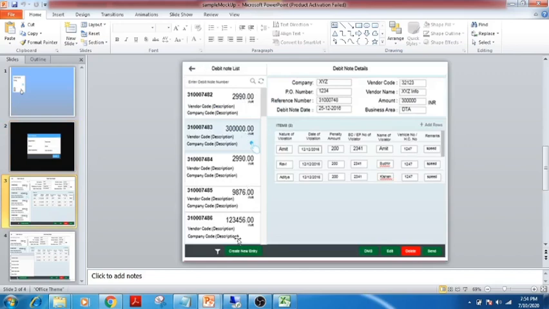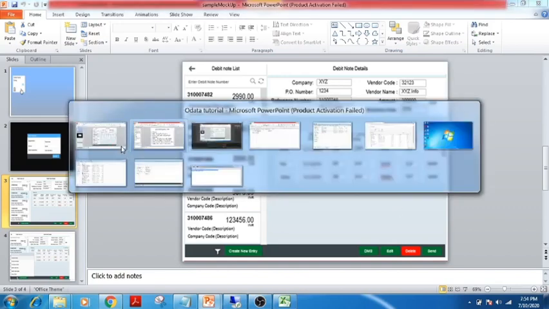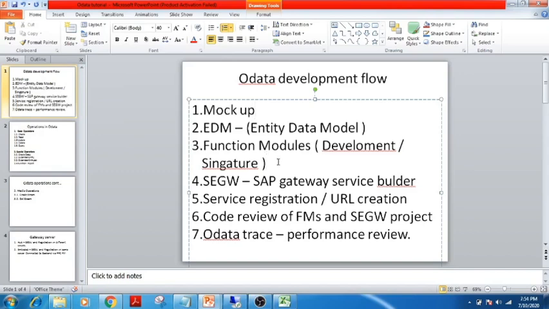I will create another function module where there will be an input debit note number, whatever the user selects, that the UI will send from the front end to the back end. So the input for that function module will be the debit note number, and in the output you can give the header information as well as the item information. So this is how you are supposed to create the function module, and then using the function module we are supposed to create the OData. To create the OData, we should always go with the T code SEGW. I'll just show you what SEGW is.